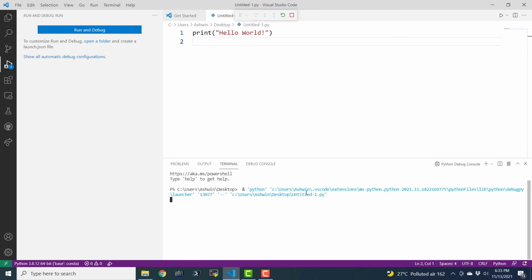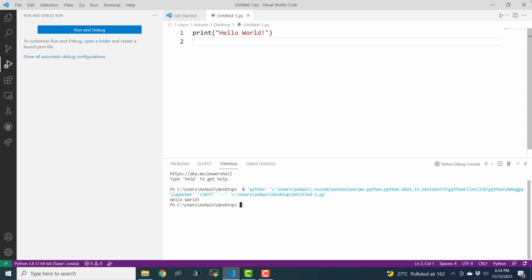Here it is now debugging the file, and it has automatically detected the Python installation. And yes, here I can see the output: Hello world. So this is how we can go ahead and run a simple Python program with Visual Studio Code and the Python extension for Visual Studio Code.